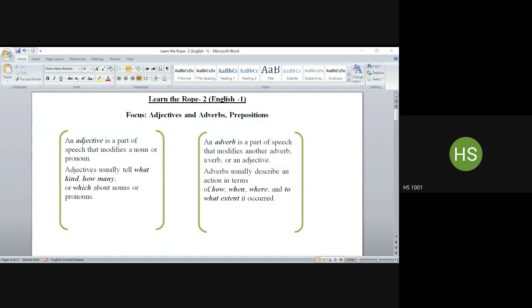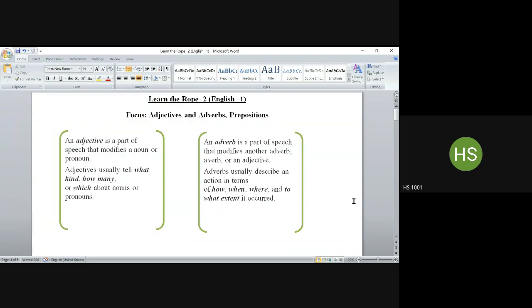Questions now. You look at the activity, right? As a quick synopsis of what an adjective and adverb is: it's a part of speech that modifies a noun or a pronoun. Adjectives usually tell what kind, how many, or which about nouns or pronouns. So these are diagnostics. You can use these with almost all the parts of speech. The diagnostics for an adjective would be mostly this: what kind, how many, which. Whatever the answers to these questions about the noun and the pronoun are, that will be your